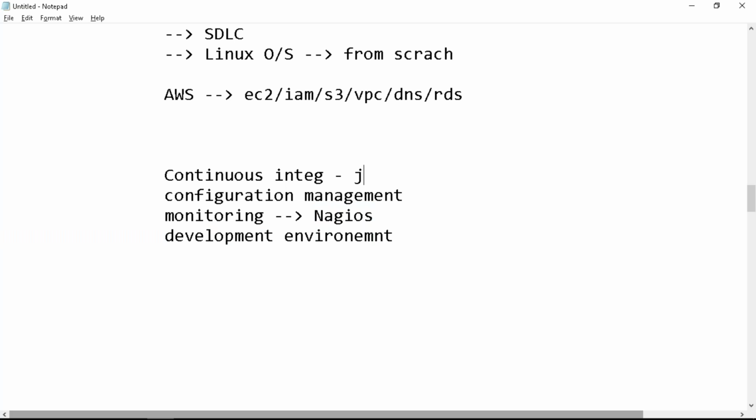So for continuous integration, we have tools like Jenkins; for configuration management, we have Chef, Puppet, Ansible; and for creating a lab, we have a tool called Vagrant. Let us say you want to practice some tool. So how do we practice? Either we should go to a lab in an institute or